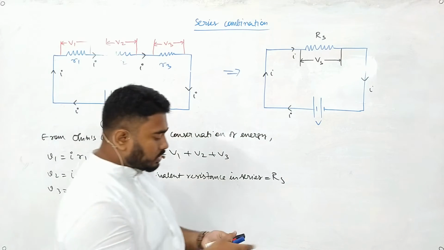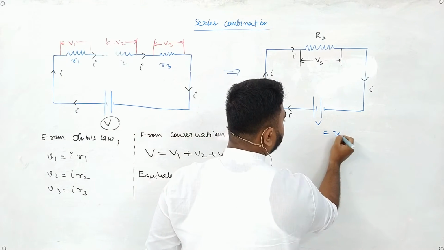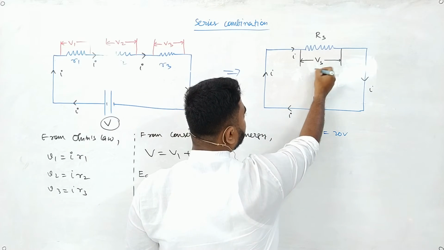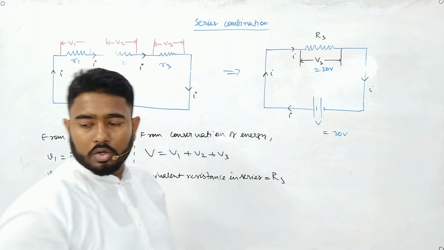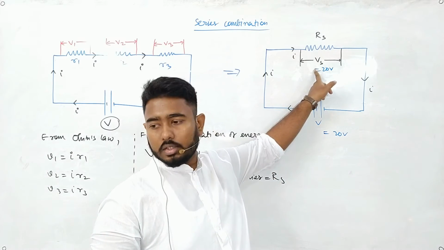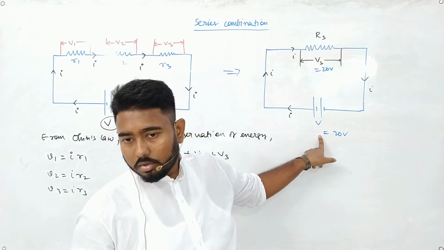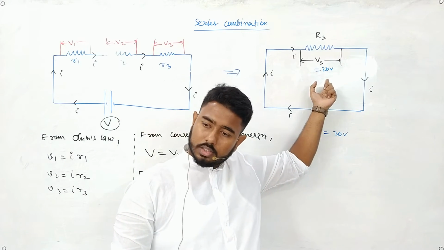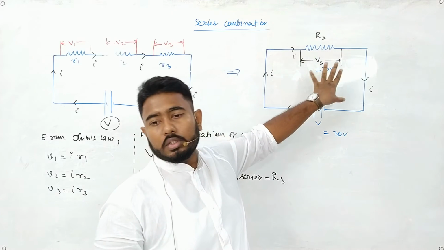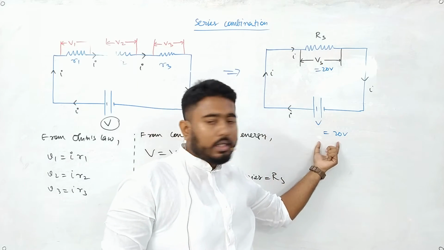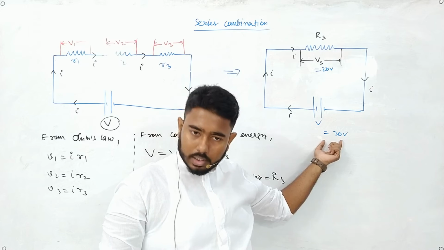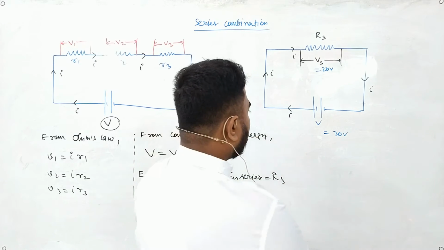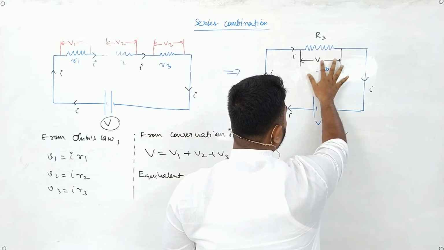Now I am giving out, suppose, 20 volt. Now the whole 20 volt will be dropped here, right? So instead of writing Vs, if I write V, will that be wrong? If I give out 20 volt, there is only one resistance, then the whole voltage will be dropped in this position only. So if I write V instead of Vs, will that be wrong? No, because the whole voltage will be equal to the source voltage only. So I am writing this as V. Is that clear?